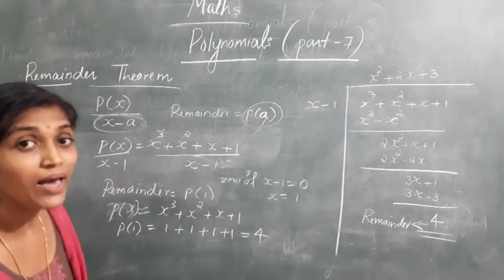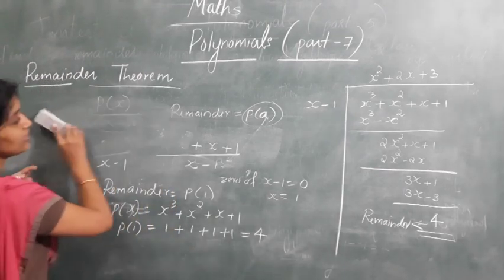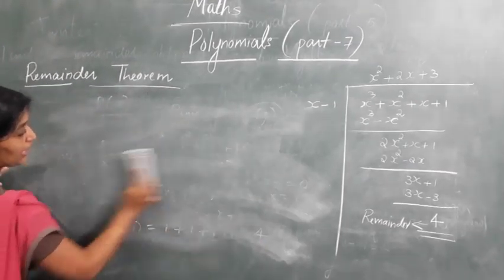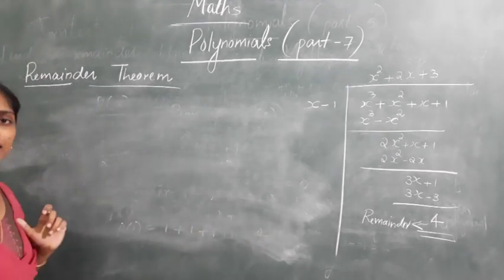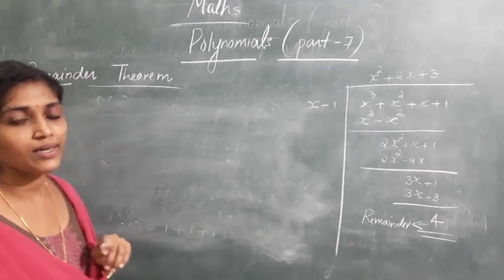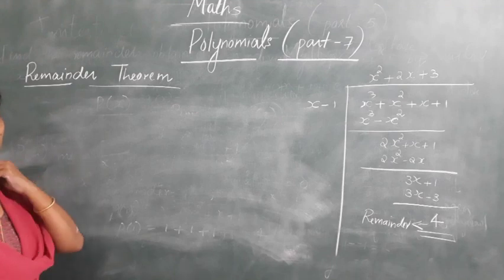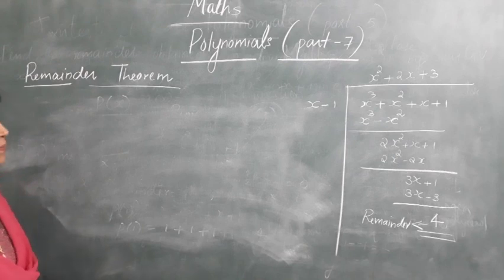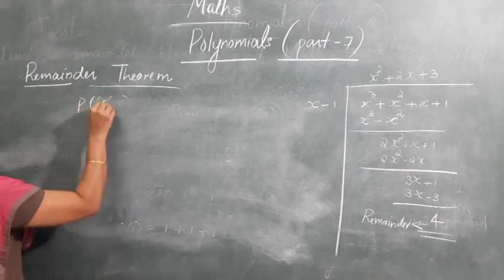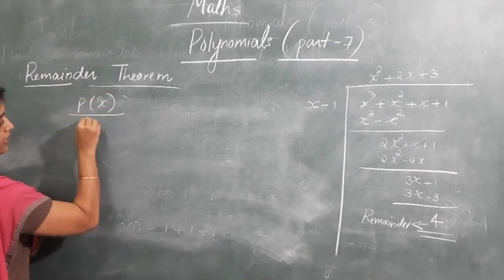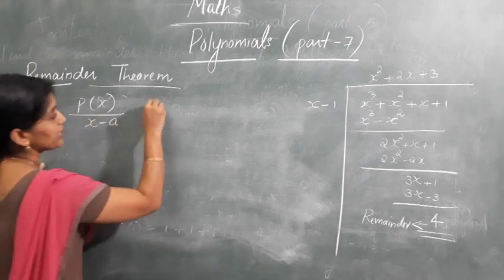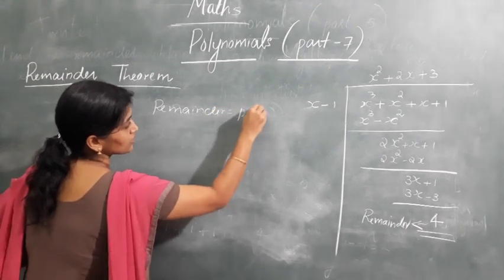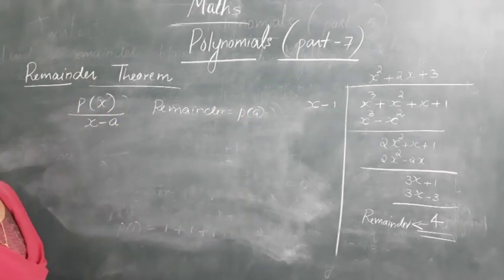And we also have the proof to study here for the remainder theorem. I'll give the proof as notes at the end of this section. You can copy it down. So, what does our theorem state? If P of x is a polynomial and it is divided by x minus a, the remainder is equal to P of a. This was our theorem. We are going to prove it.